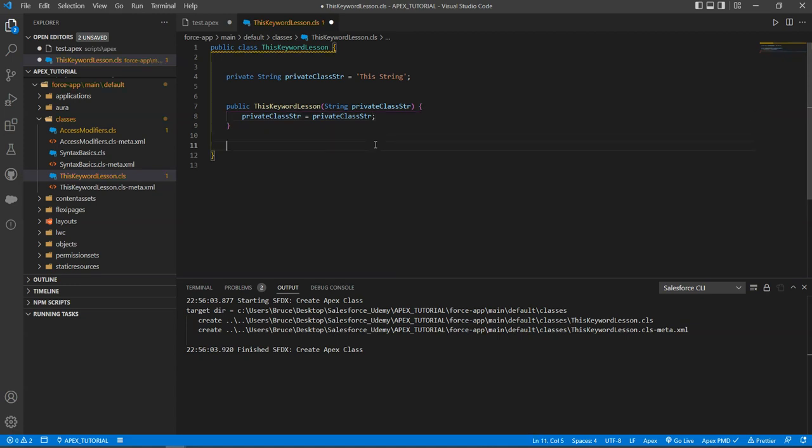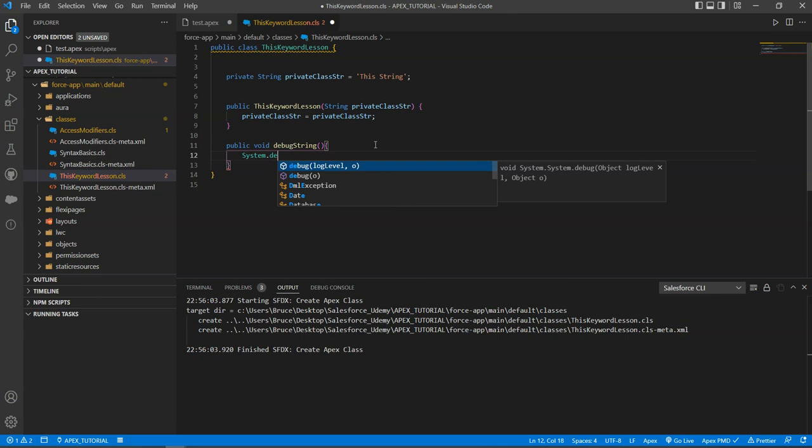Then what I also want to do is add a couple more methods, and we'll do a debug for the string and a debug for the this to show the this. So I'll do a public void, we'll call it debug string. And then it'll be system.debug, and then we'll do the private